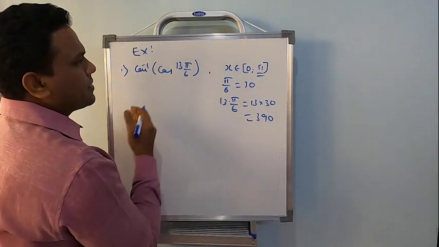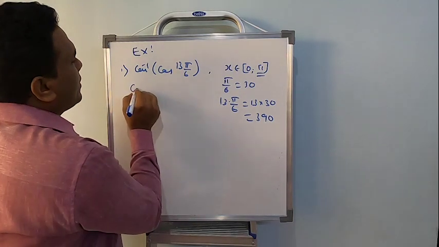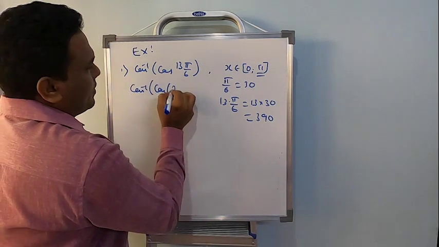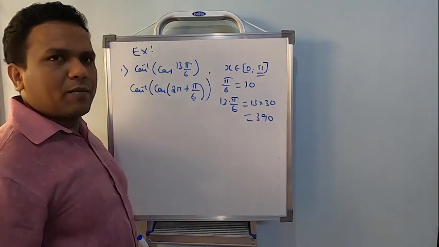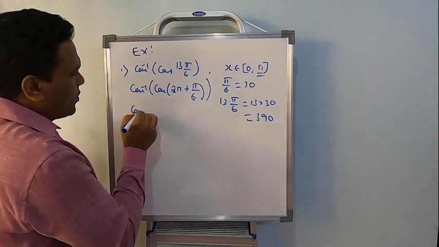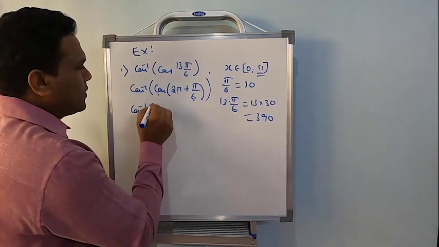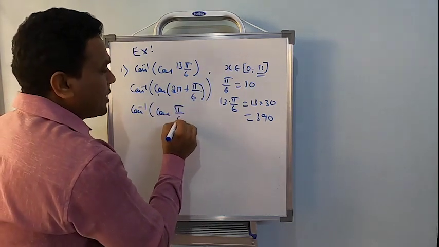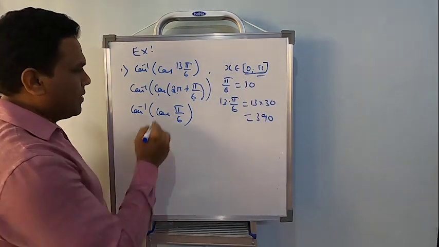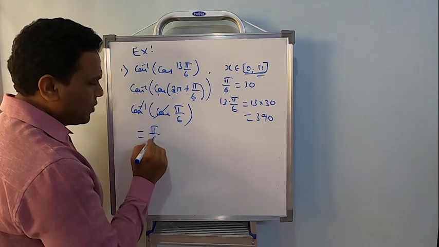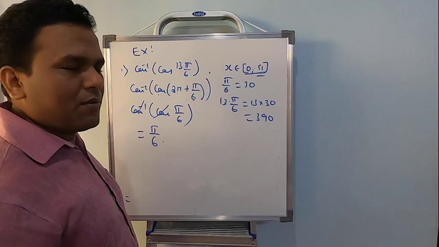So 13 pi by 6, how to split? 390 can be written as 360 plus 30 in degrees. So in radians, 2 pi plus pi by 6; check by taking LCM, you will get back 13 pi by 6. Now cos of 360 plus theta lies in the first quadrant, cos is positive, so this is going to be simply pi by 6. Now I can eliminate, because pi by 6 is a value which lies in this interval, so the remaining value is just going to be pi by 6. So I just need to check the domain of cos and simplify.